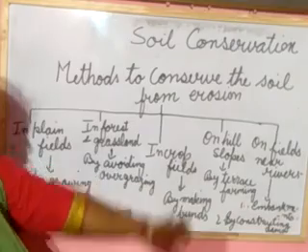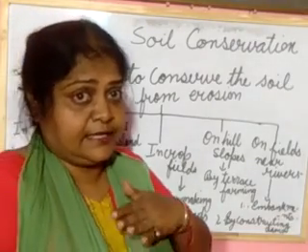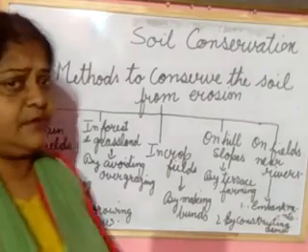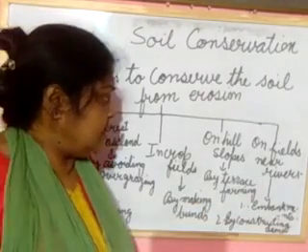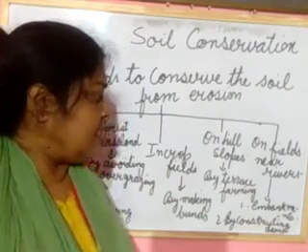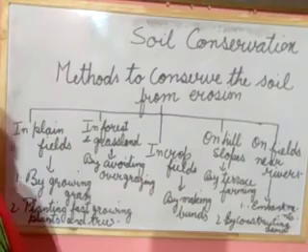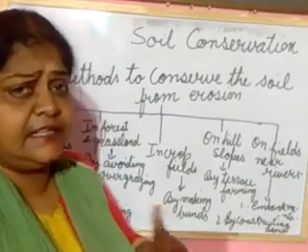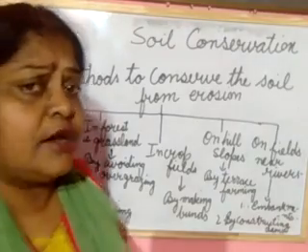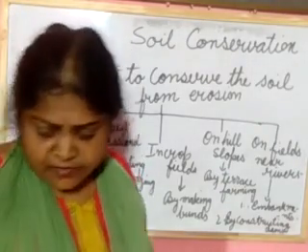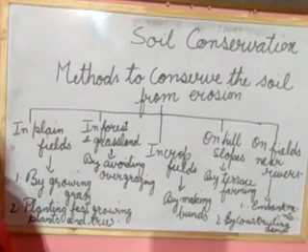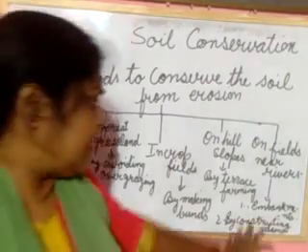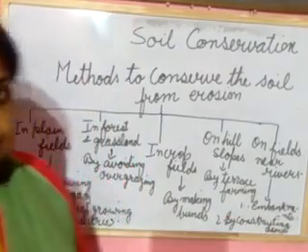Next, on the slope we have to do terrace farming. If we do terrace farming, it will slow the water flow and protect the soil from erosion. Next, near the river, we do embankment or construct a dam. If we construct the dam, the flood water will come and be deposited there, and that water we can use for electricity or in the field. For the embankment, we put big stones near the river. Understood? It is clear to you all.